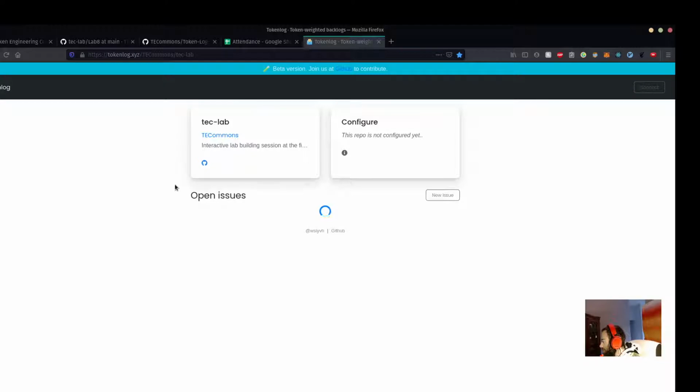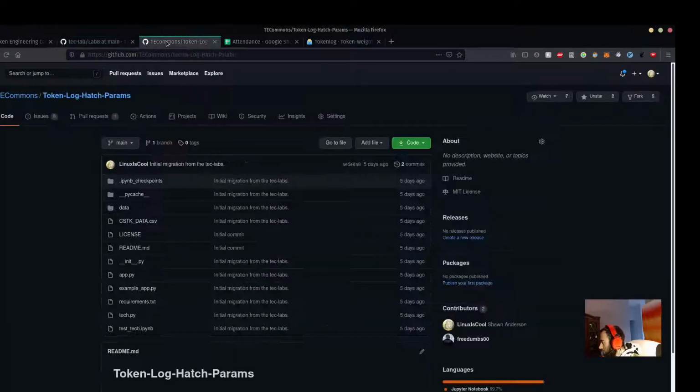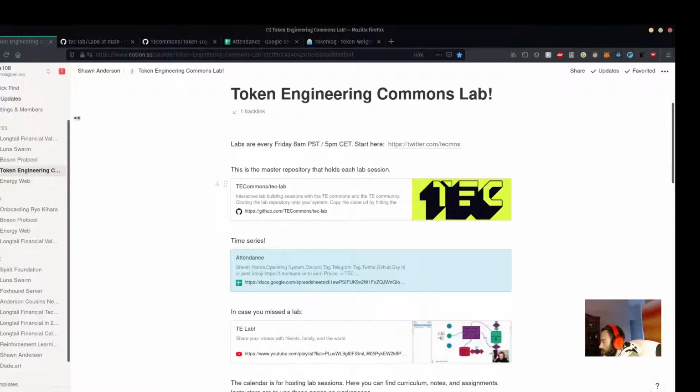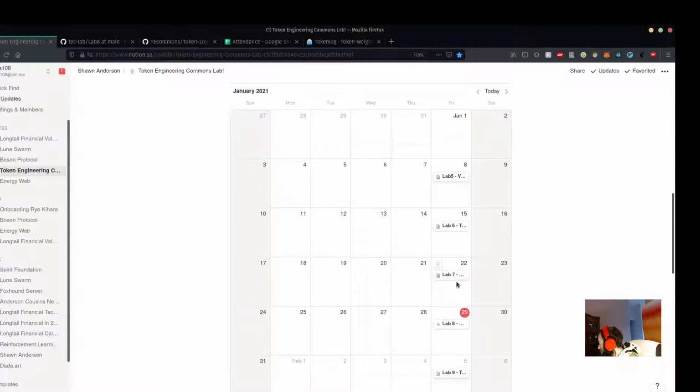And what this does is it allows us to use our tokens to vote on GitHub issues. So people are going to use the code that we've built out in the lab now in this token log hatch params repository. And what I'm going to do is I'm going to open up the agenda for today, and